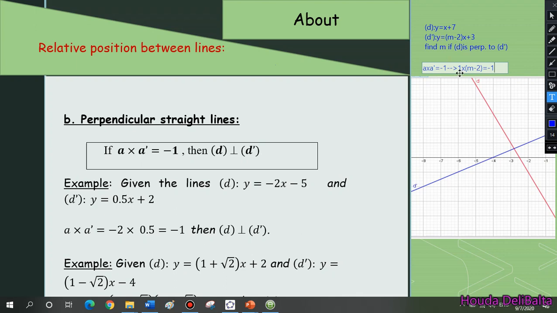Now I multiply 1 times m minus 2, it is as it is, m minus 2 equals -1. So finally, taking -2 to the other side, we will get that m equals 2 minus 1, which is 1. Okay, so we can use this property also for solving such questions when the lines are given perpendicular and you have to find a certain missing